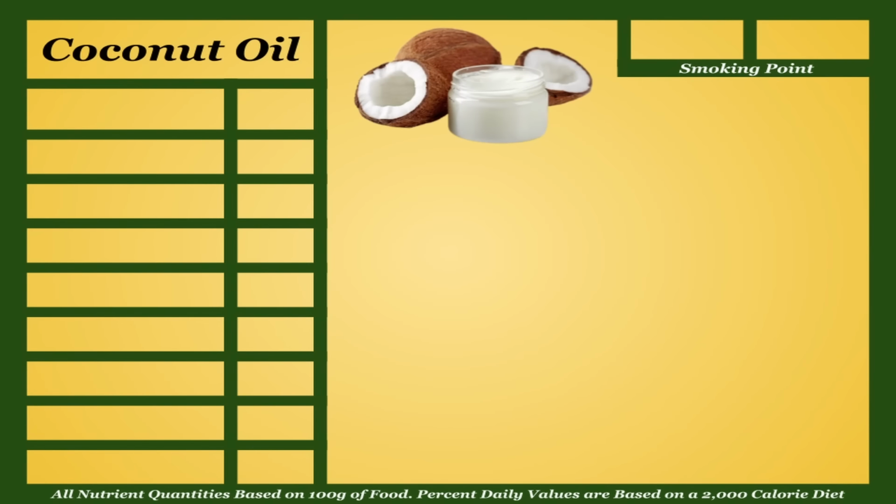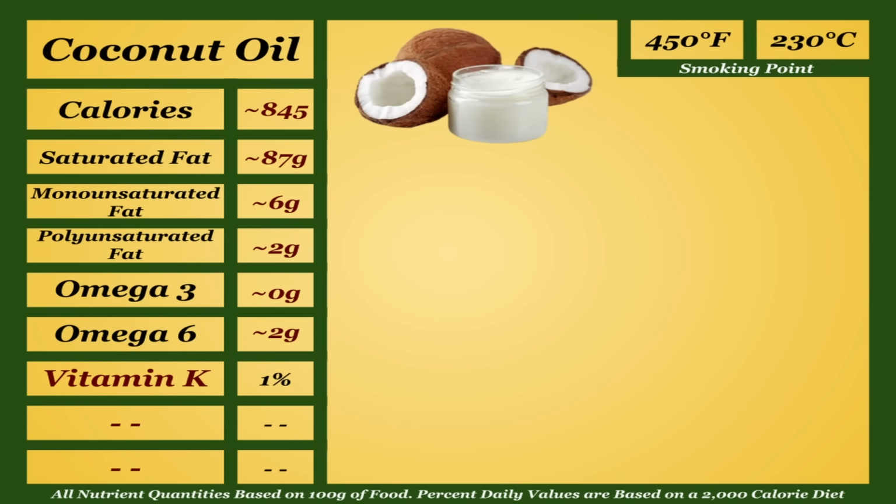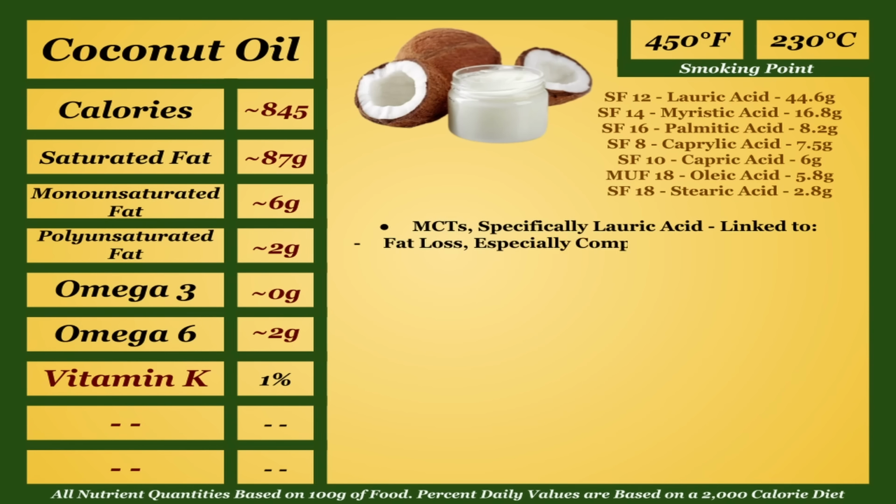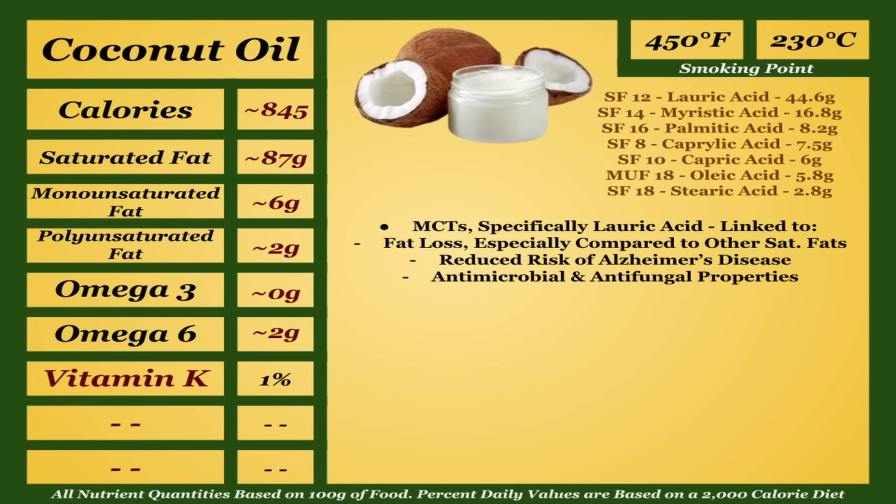Coconut oil is probably the most controversial item on this list, and is by far the highest in saturated fat. It's mainly made up of a unique medium-chain saturated fatty acid called lauric acid, but contains several other types of saturated fatty acids, including two other notable medium-chain fatty acids, caprylic acid and capric acid. Medium-chain triglycerides, specifically lauric acid, are linked with weight loss, specifically fat burning when compared to other saturated fats, a reduced risk of developing Alzheimer's disease, antimicrobial and antifungal properties, and it's mainly used for energy, functioning similarly to carbohydrates